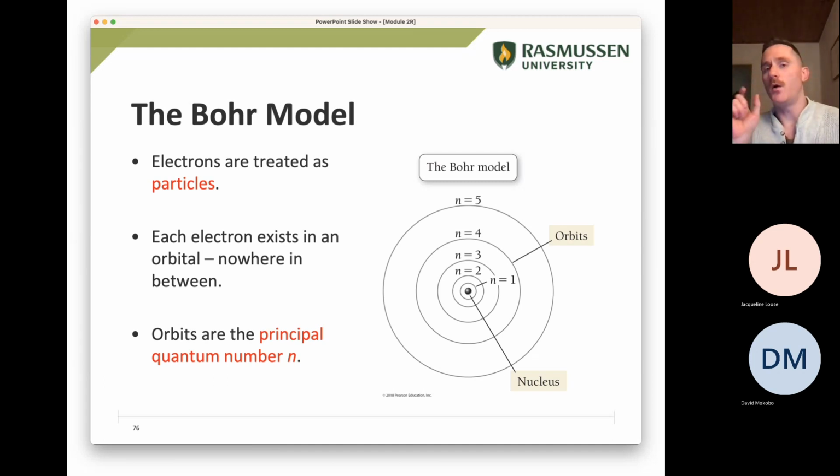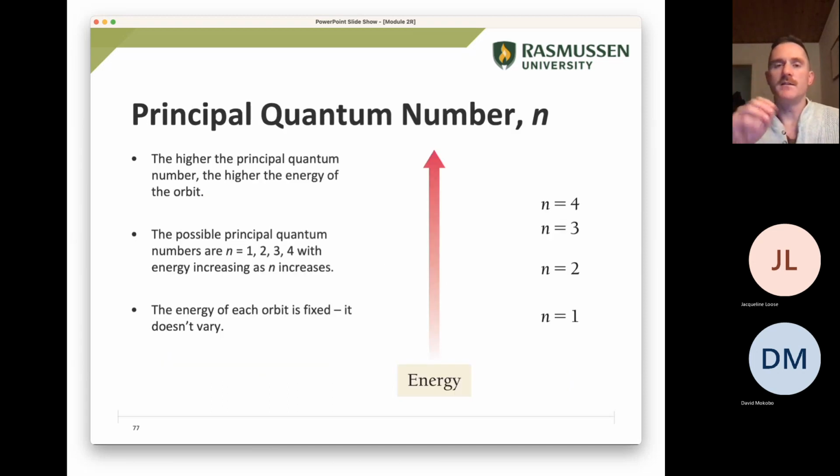It treats electrons as particles, and it basically says these particles are orbiting a nucleus on very specific orbits. These orbits are labeled by the principal quantum number n. These orbits correspond to different energy levels. The orbit closest to the nucleus is the lowest energy level, and every orbit higher than that is a higher energy level. So energy keeps increasing as n increases, right? n1 is that first orbit, much lower in energy than n4, which is 4 orbits higher. So that's the Bohr model of the